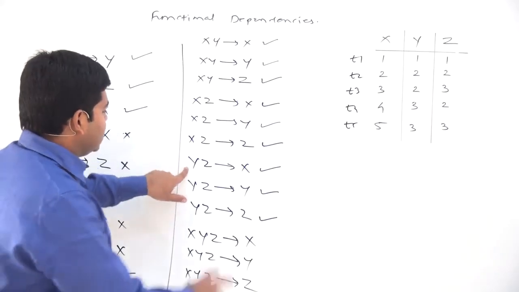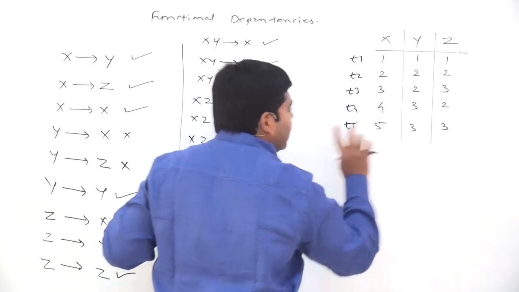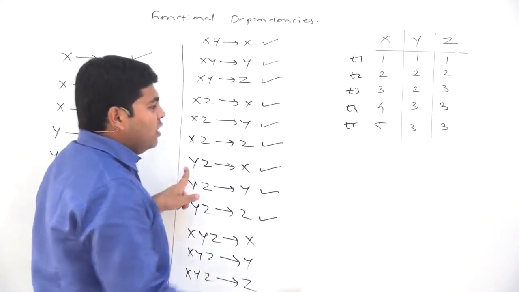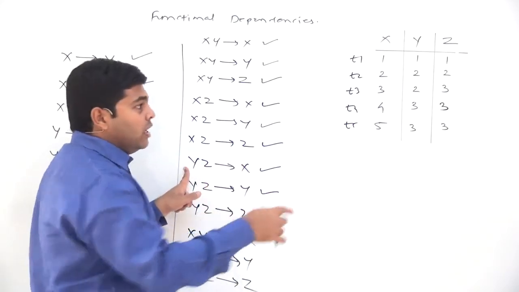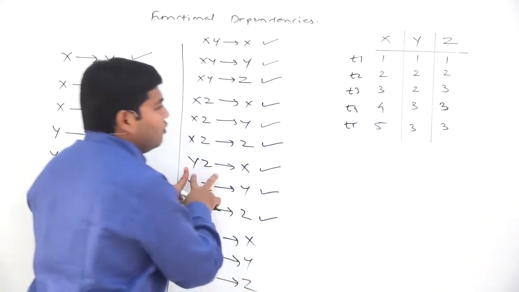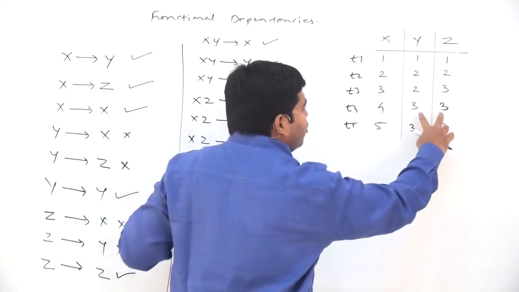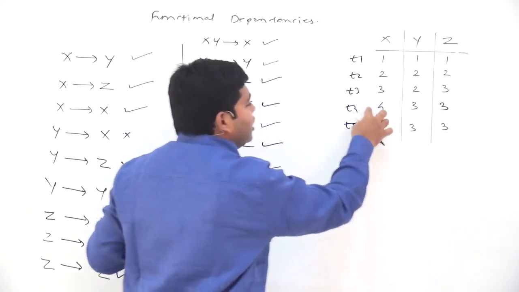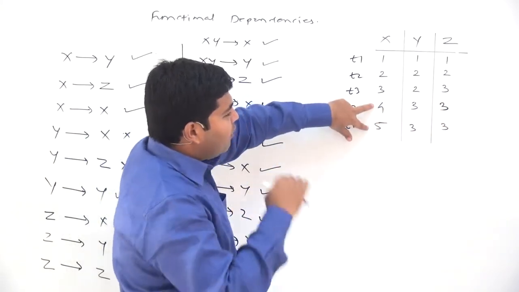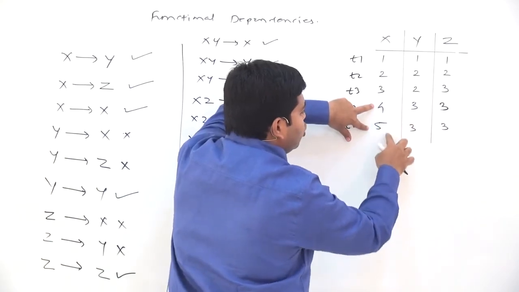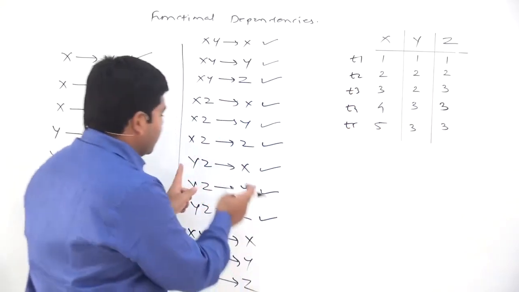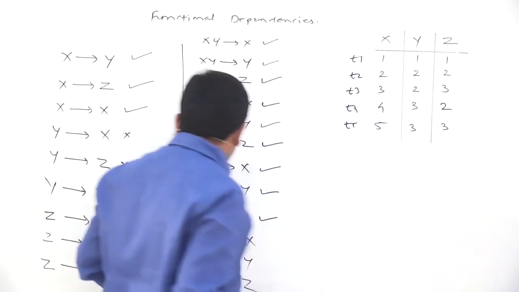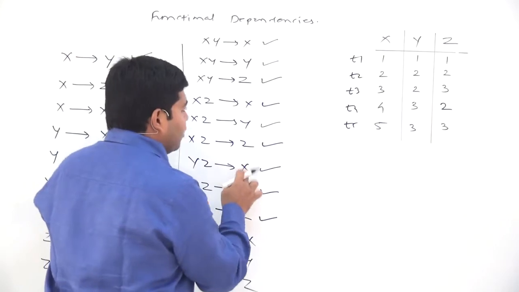Now see, I would like to focus on this. Yz gives the value of x. Right now from yz you can determine the value of x. However, if the data would have been like this, then this FD will not hold. If the data is like this, then this FD will not hold, because even though I give you the value of y as well as z, for example yz equal to 3 3, you cannot determine the unique value of x, because whenever yz equal to 3 3, x can be either 4 or 5. So in this data this particular FD will not hold, but if it is 2 3, then from the value of yz you can always determine the value of x.